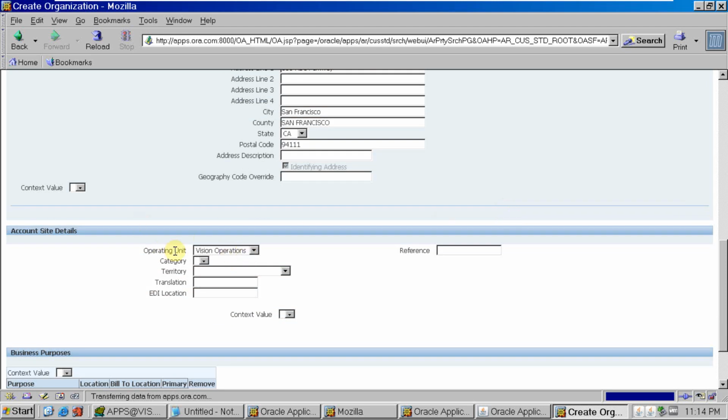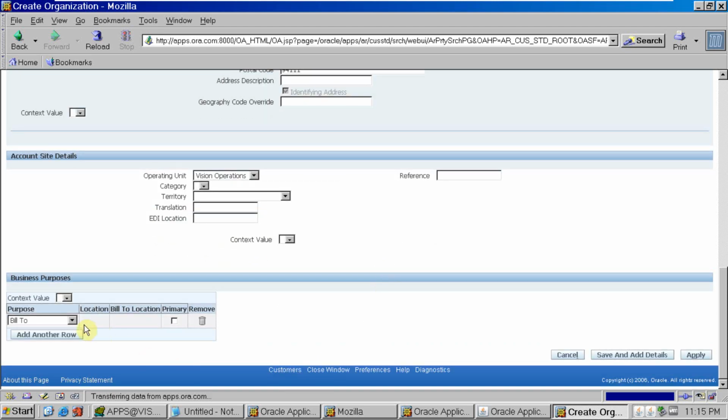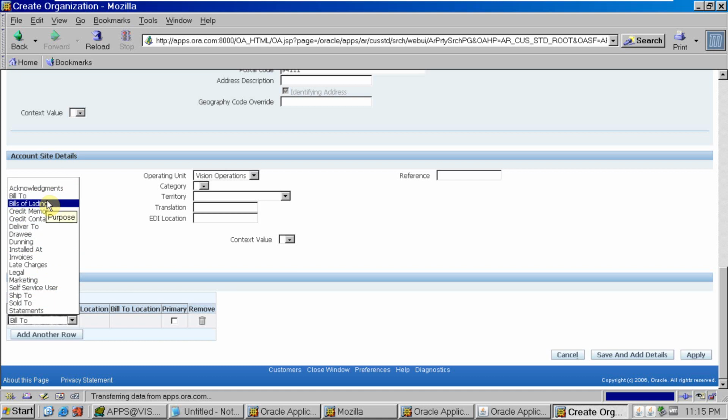This is your operating unit here, and if you have a category for the customer, you can select the category. Here is the purpose: bill to, ship to, sold to. There are many sites. Normally we use bill to or ship to.